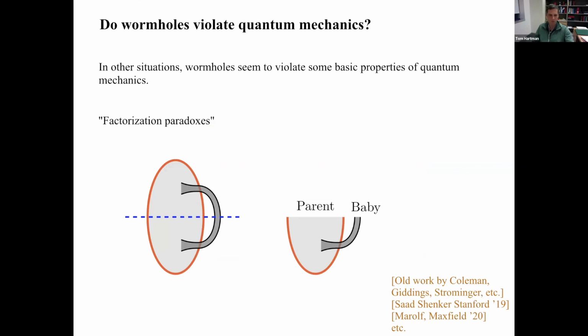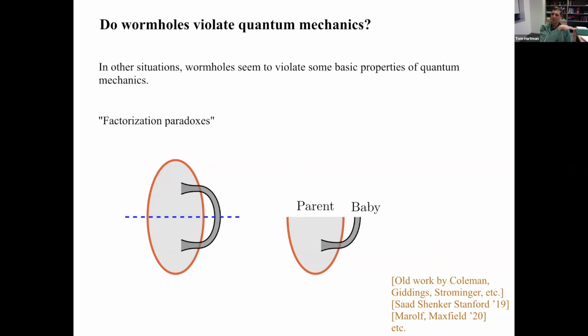The other big thing that people have been thinking about related to this is new problems that you create once you start including higher topologies in the gravitational path integral. Once we include higher topologies, as we needed to in order to get the entropy to work correctly, presumably you have to include them in other situations as well. But it's been known for a long time that in other situations, wormholes sometimes cause problems with quantum mechanics. They seem to violate some basic properties of quantum mechanics and create what are called factorization problems or factorization paradoxes. Basically, in quantum mechanics, you should always be able to